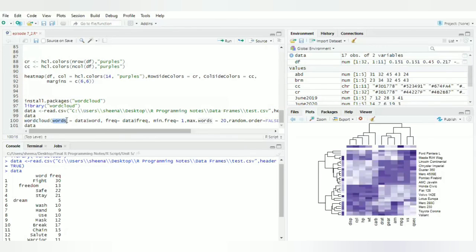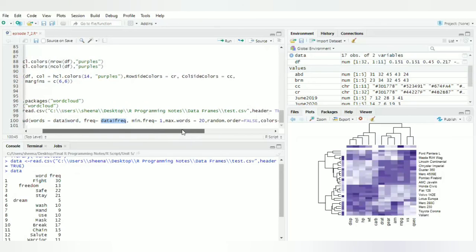In words, the first parameter is words. In words, I want to pass data$word. Data$word means in the data frame, there is a word column. So I want to pass these words. And for frequency, I want to pass data$frequency.